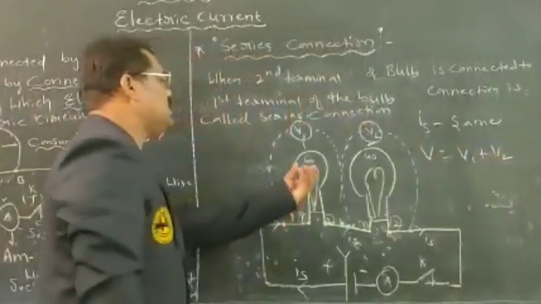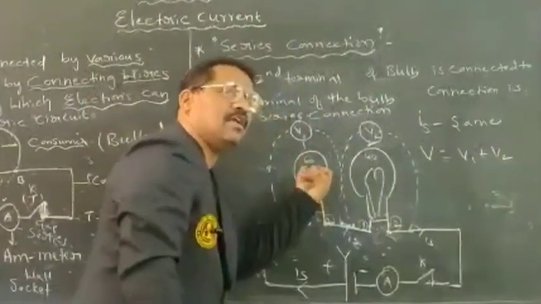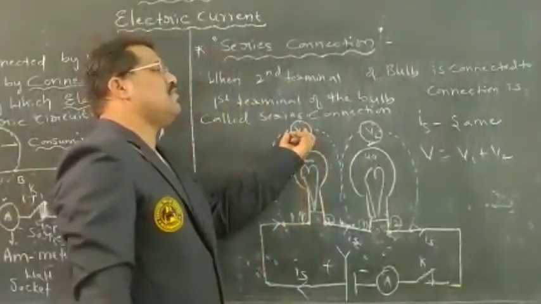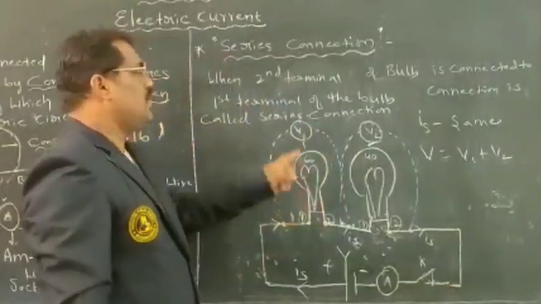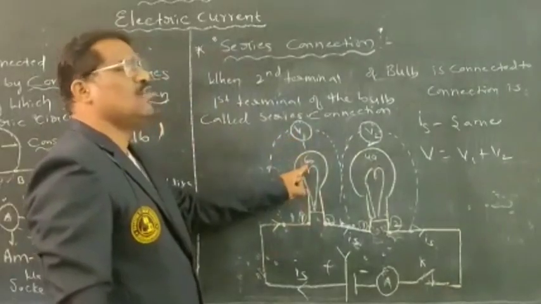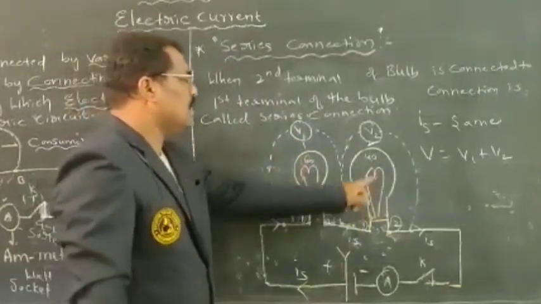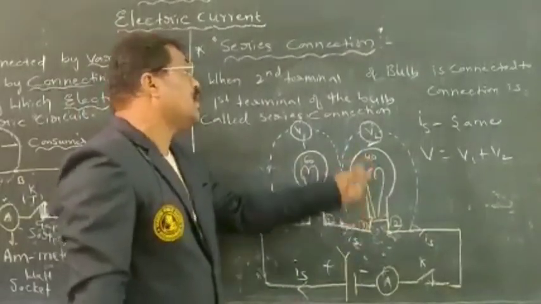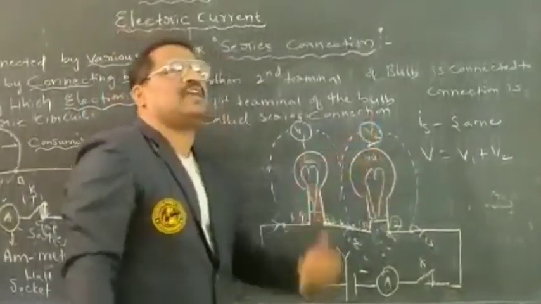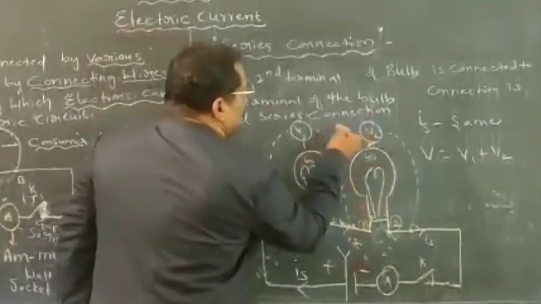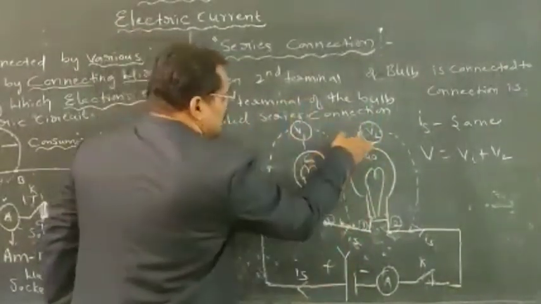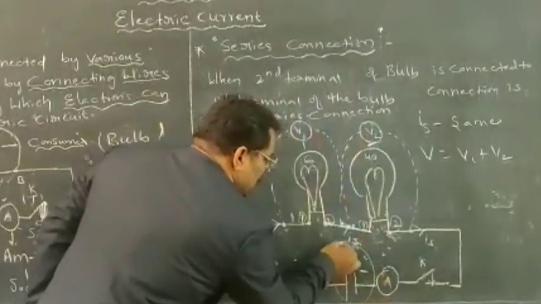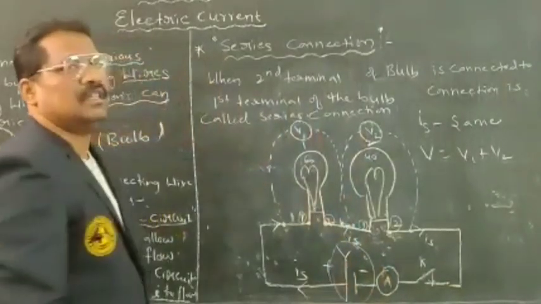How much electrical energy has been converted to heat energy and light energy, that can be measured by what? Voltmeter. Therefore, I am connecting V1 voltmeter. Why? Its voltage is 60 volt, and simultaneously its voltage is 40 volt. So what happens there? It indicates that certain voltages can be measured, such that there will be a difference in voltage, but the sum of these voltages will be equal to the total voltage produced within this particular cell.